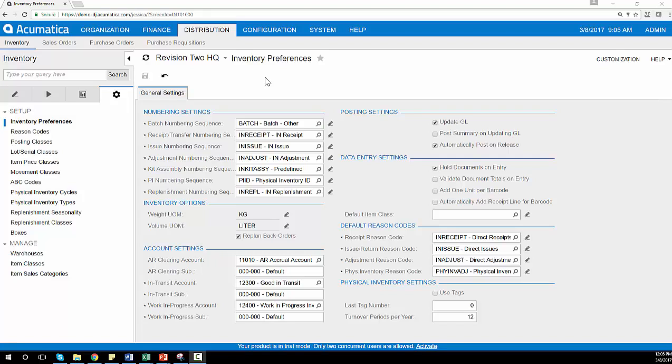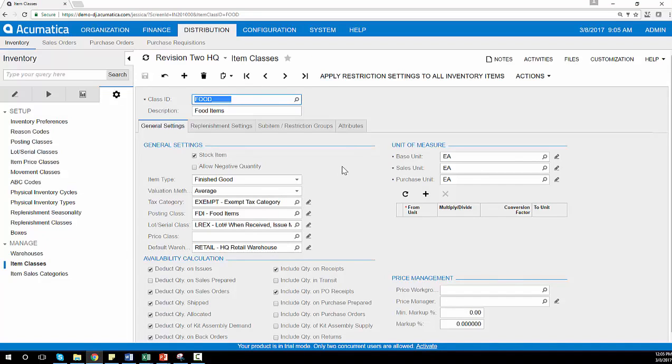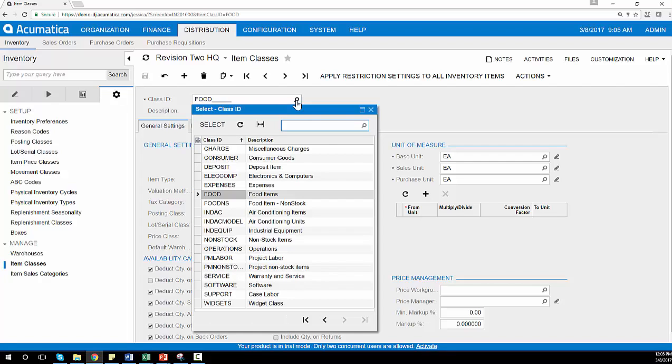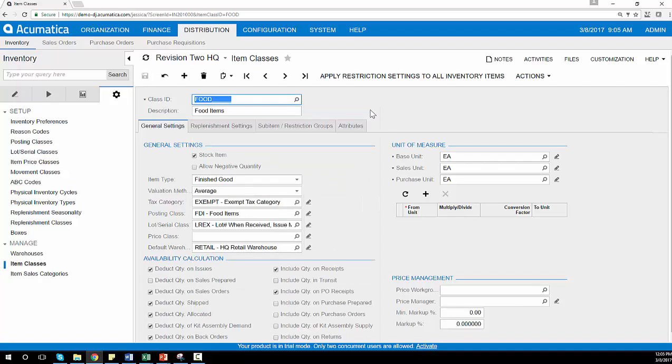The Inventory Preferences screen allows me to set defaults for managing inventory, such as numbering settings, account settings, and general ledger posting settings. Each inventory item is associated with an item class, which allows me to simplify order entry and to segment my inventory on my reports based on conditions like food items that are influencing revenue versus consumer goods that are influencing revenue. The item class also defines a set of values for calculating the cost and availability of